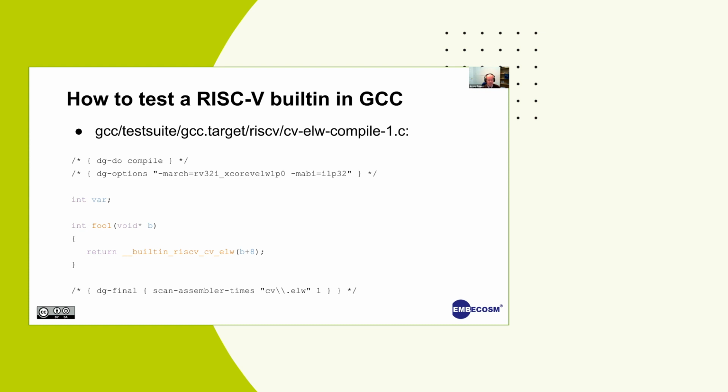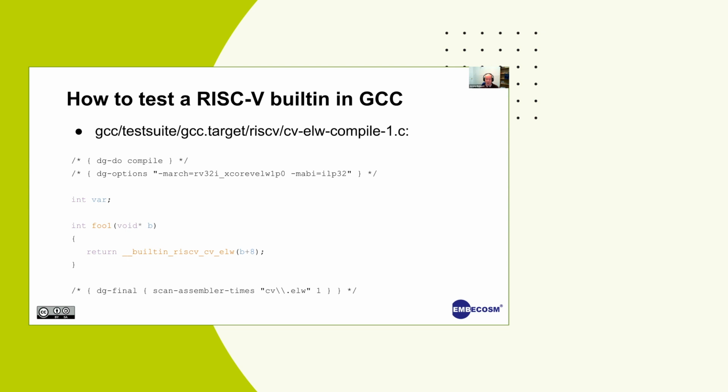What we've done is we've created a global variable var. We're not actually going to use that. We've called a function int_foo which takes in a void address, and it returns the result of calling ELW not with the address it was given, but actually with address 8 further up.